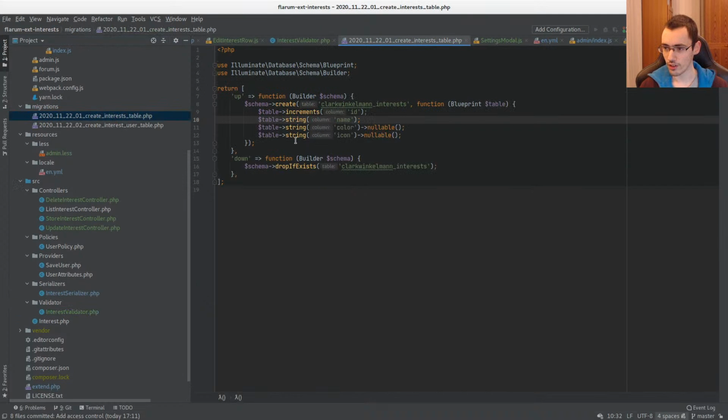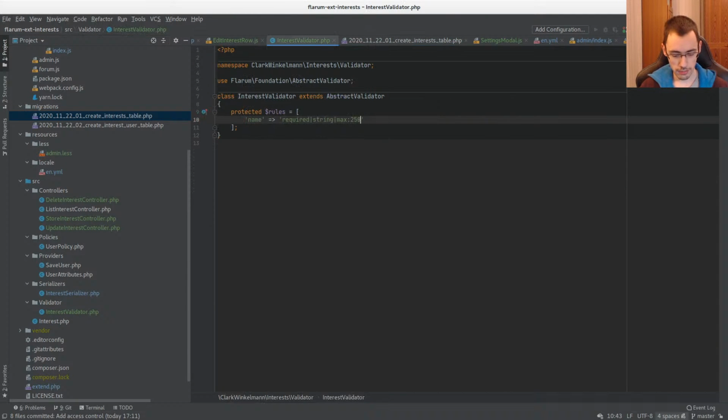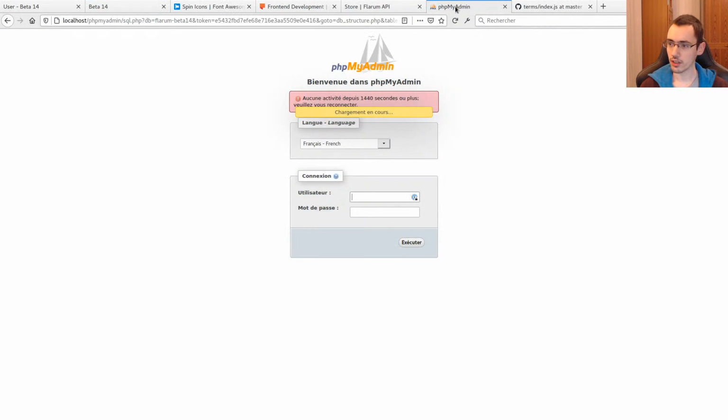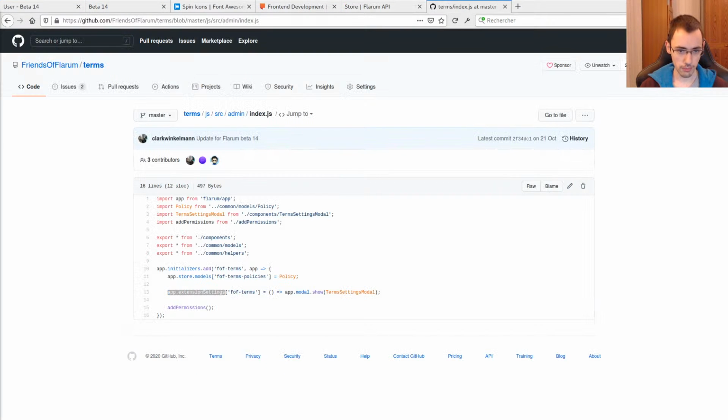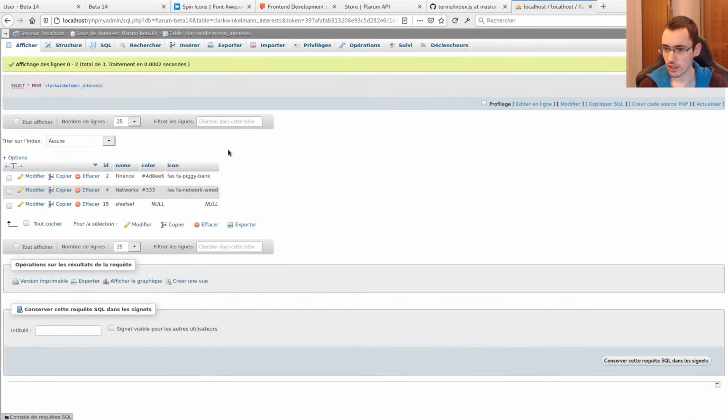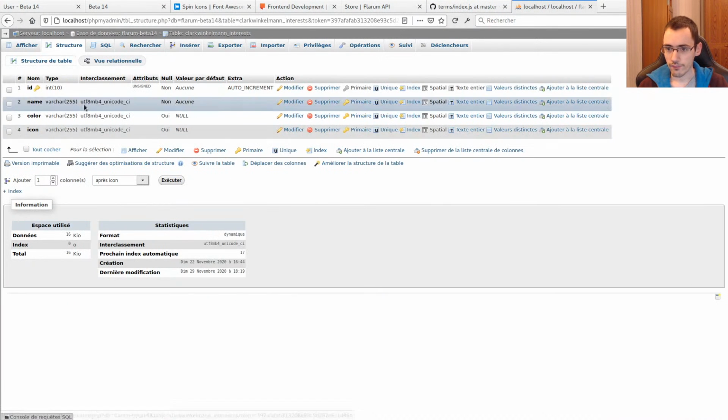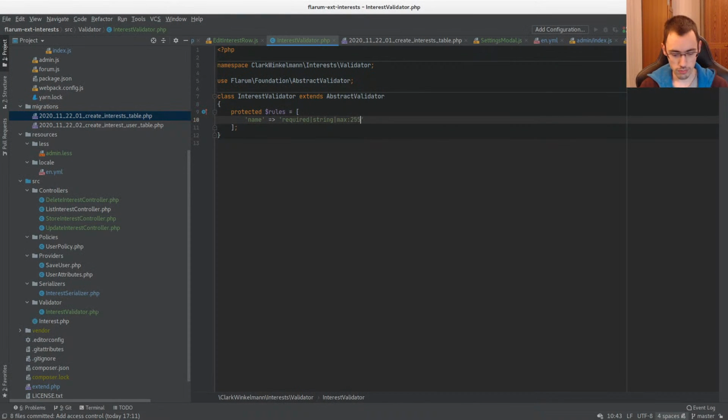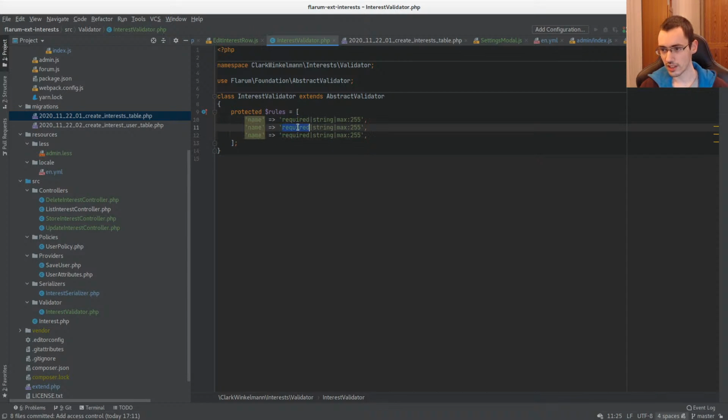It's the size of the column. And the size of the column will be 250, I think. Let me just log back in to phpMyAdmin. It will be the default length for columns. So if I go back here, name is 255 and everything is 255. So let's just put 255, even though it's probably not a good idea to go that long, but at least it's what we check. And the two other ones can be nullable,